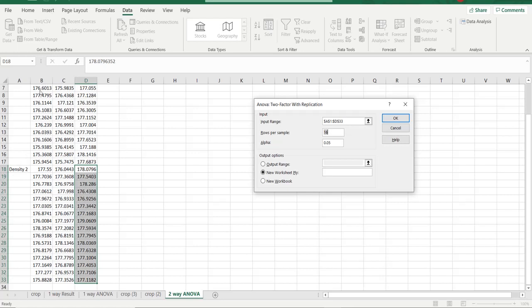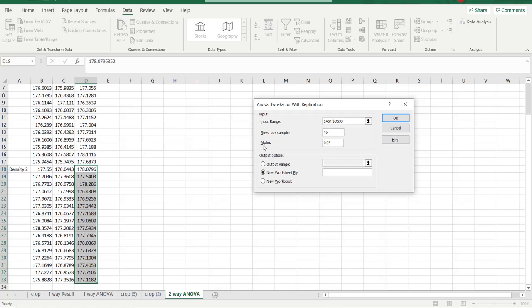For each fertilizer type and density, what is the total number of samples available? In this data, I have 16 rows per sample. So the value to be given for rows per sample is 16. Based on the data you are using, this value will vary.